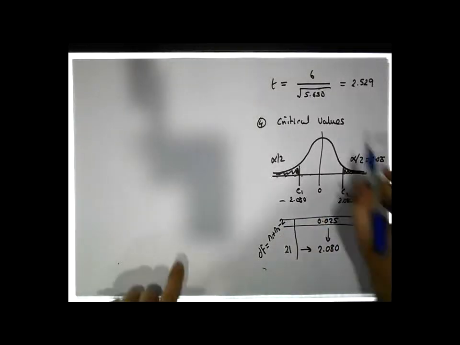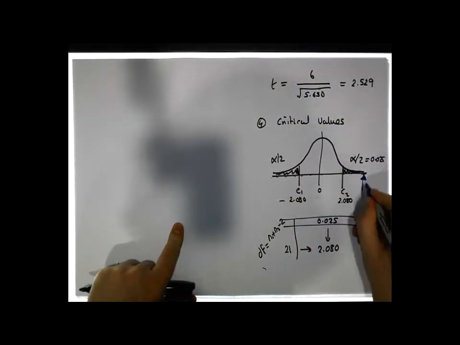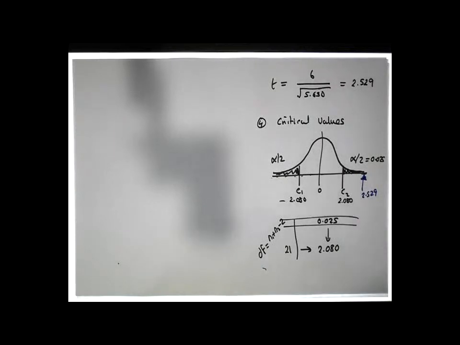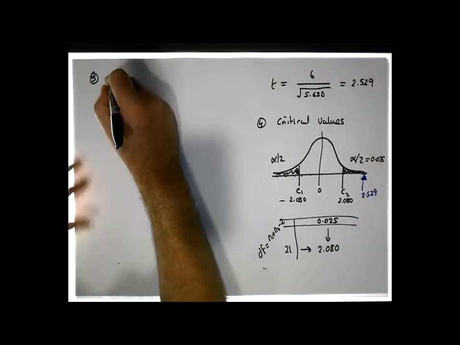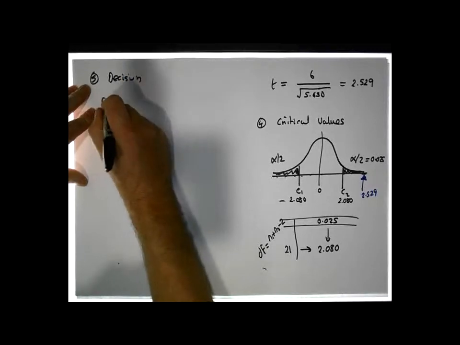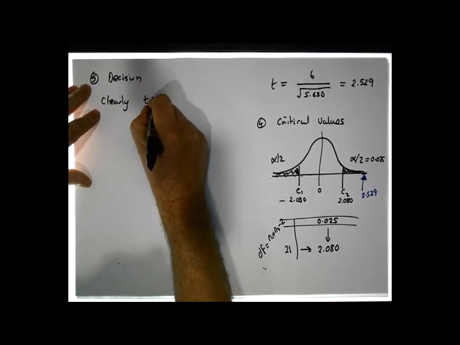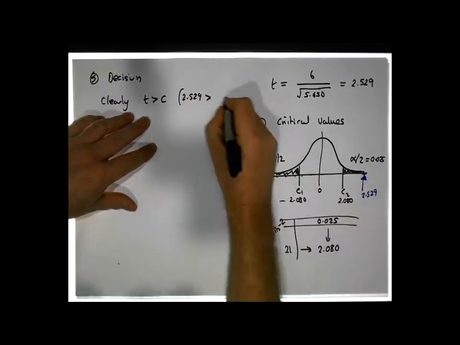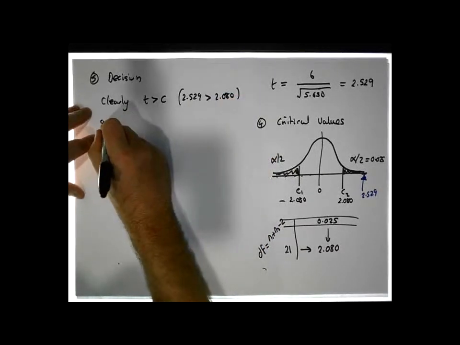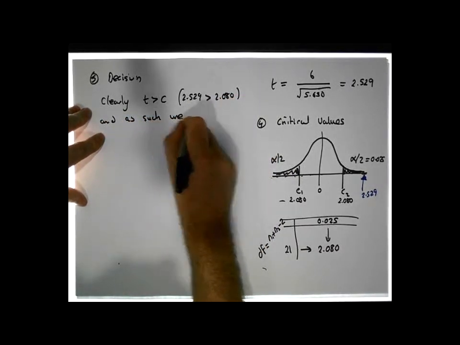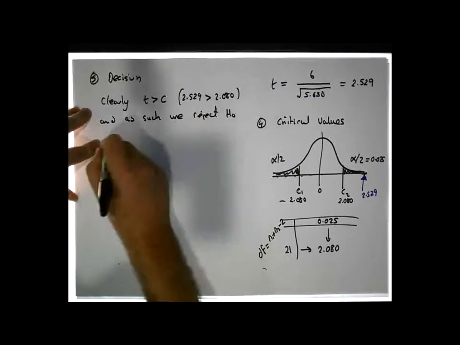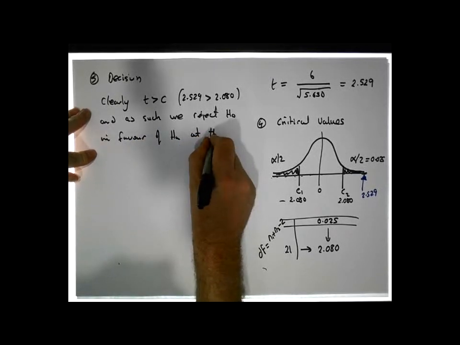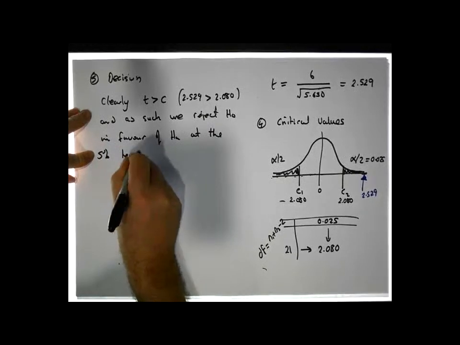But look, our test statistic is out here. It's 2.529, which is bigger than that. So we reject, we're in the rejection region. Yeah. So now our decision is clearly our t is bigger than our c. What I mean by that is 2.529 is bigger than our 2.080. And as such, we reject H0 in favor of HA at the 5% level of significance,